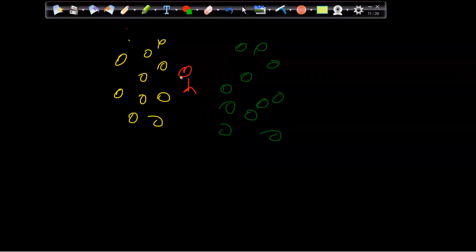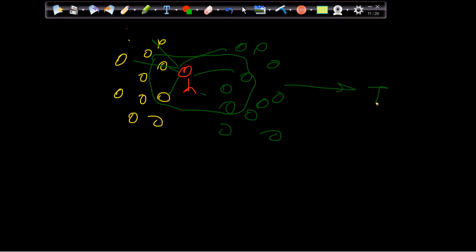I have to count the distance, right? I cannot just say, okay, you are the nearest, you are the nearest. I have to count the distance from all, and then I will be able to find, okay, these 5 are the nearest. Without that, I will not be able to find which are my 5 nearest neighbors. That is why this is a time-consuming process when the data is huge. That is the biggest problem.